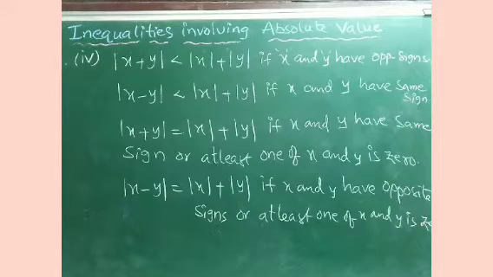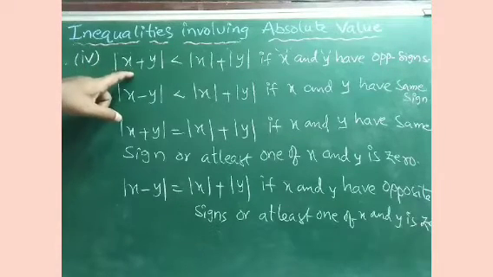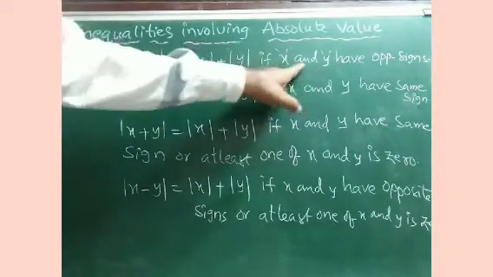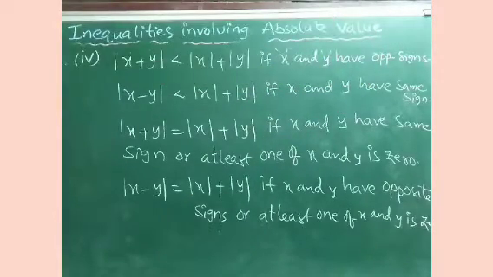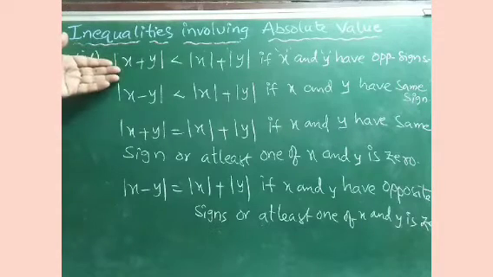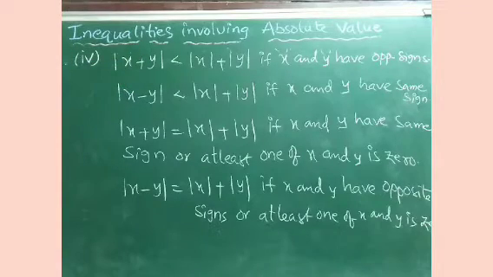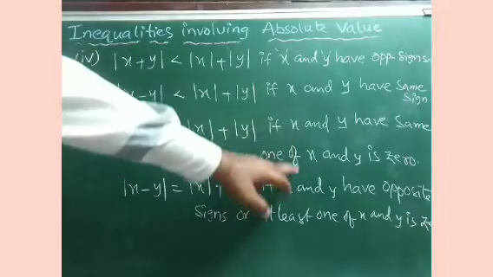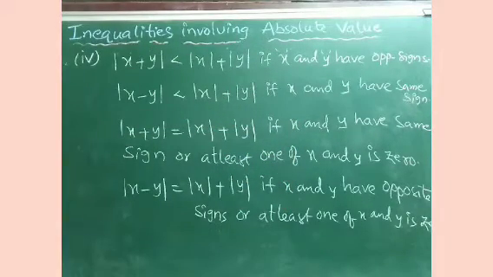So these are the standard inequalities which can be verified by suitable examples. If you want to prove the first one, or check whether this is true or not, please assume that x and y must have opposite signs. One you can treat as plus 2, another one you can treat as minus 3. Then just substitute in this result. Let us see whether it is true or not. In the same manner, according to these conditions, please assume some x and some y and verify these results, which are most important.